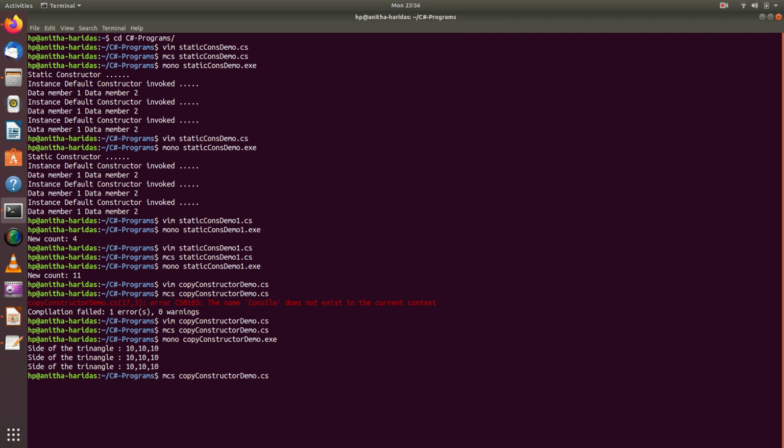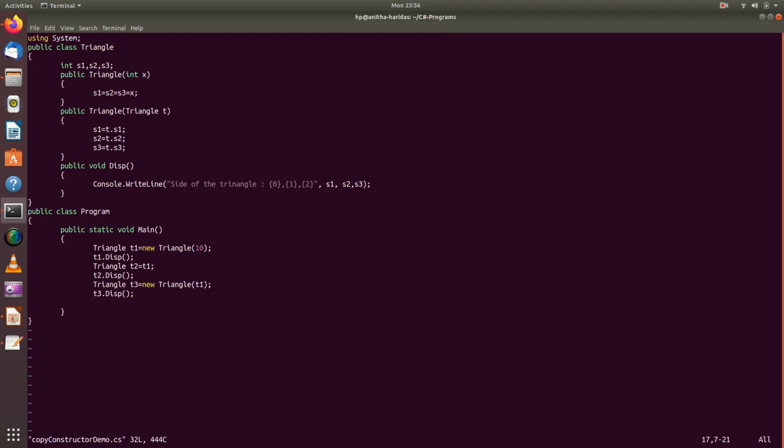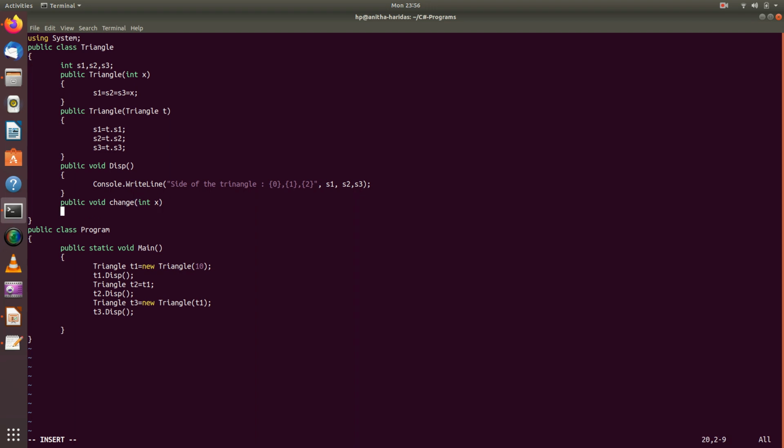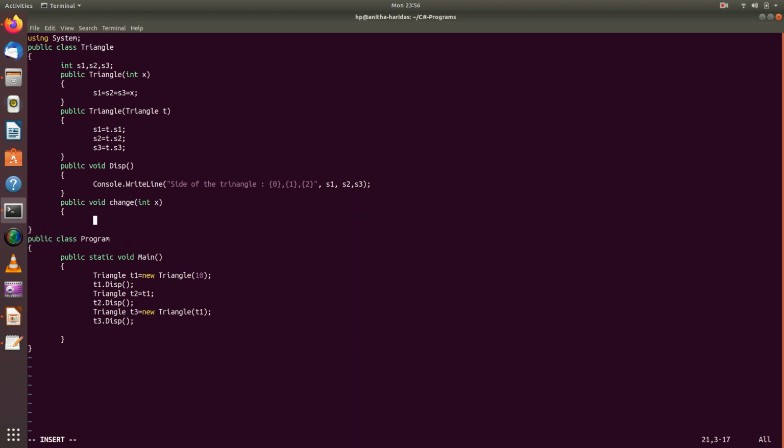Okay, now I am going to show you how it differs with the copy constructor and the assignment. I am going to have a method called change. I pass a value x to which I am assigning s1, s2, s3 equal to x.